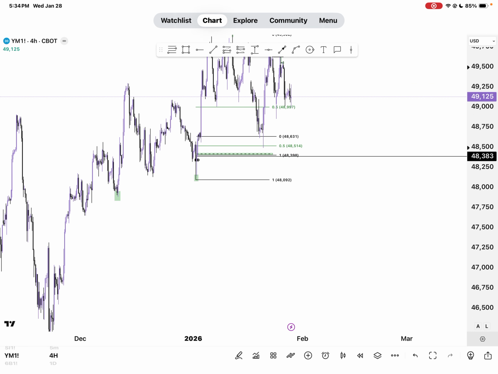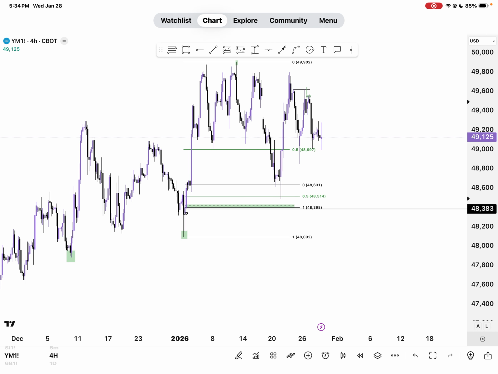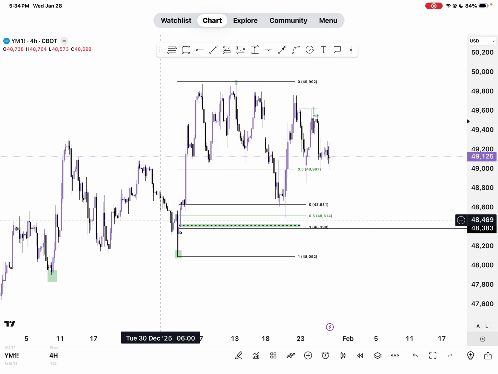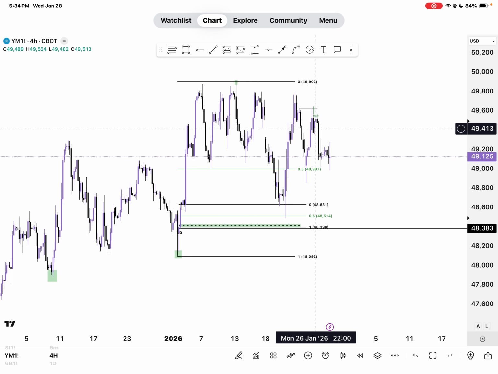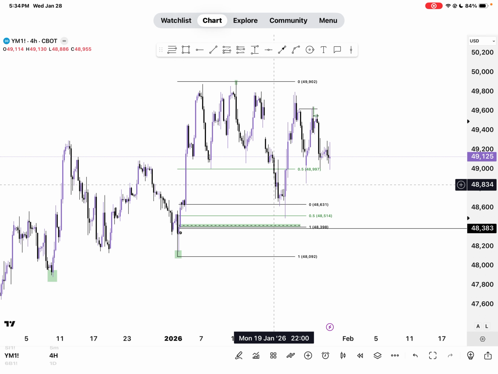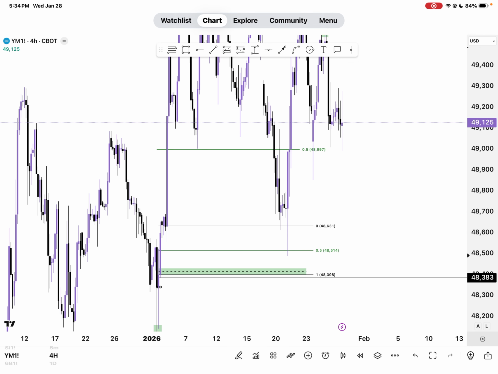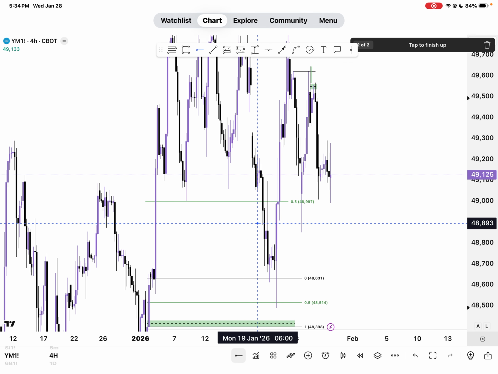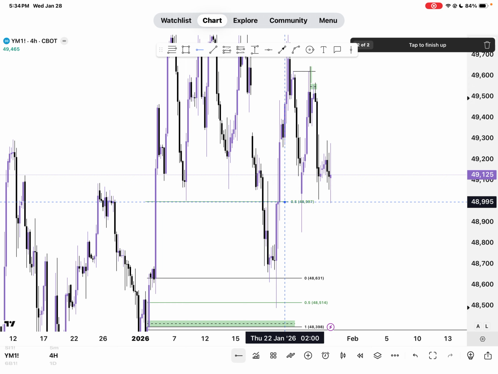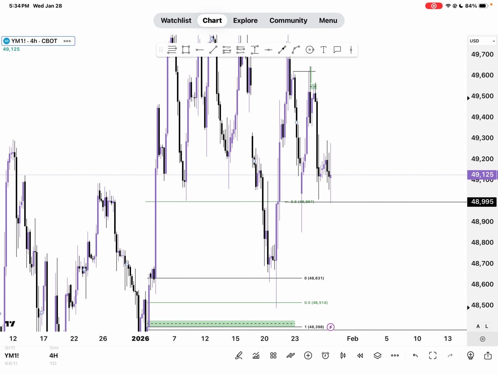All right, then on to the Dow Jones. The Dow Jones is also doing weird things. It's similar price action. I've talked about it already, that I still don't think price has mitigated the origin of the move, which is this green box that I'm looking at. So I'm still looking for price to pull back into this. If it's failing to take out this low here, and initially all price did today was pull back to really equilibrium of the range, and as you can see, it pressed ever so slightly into the discount.